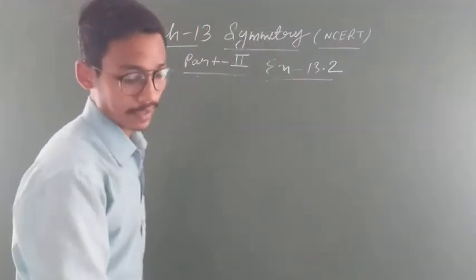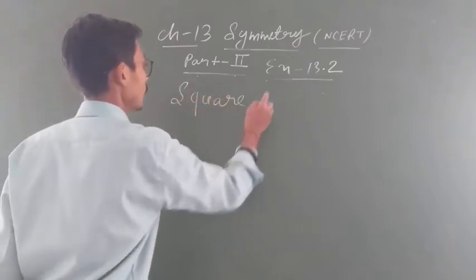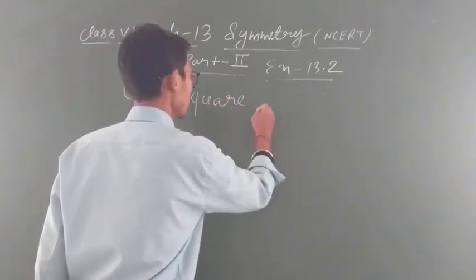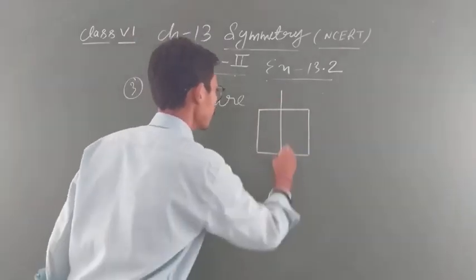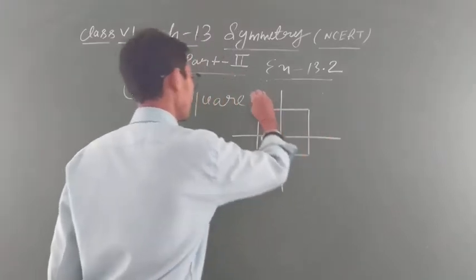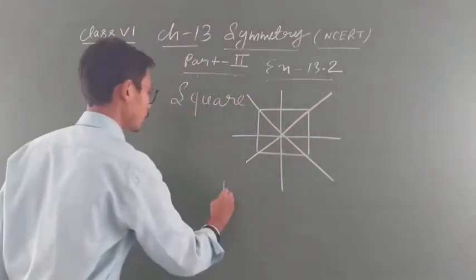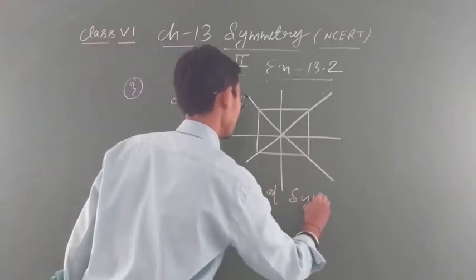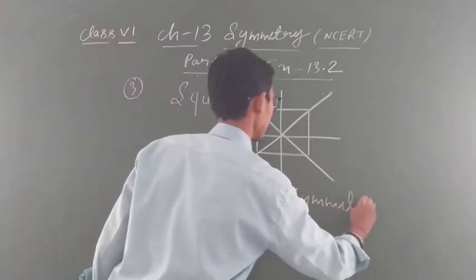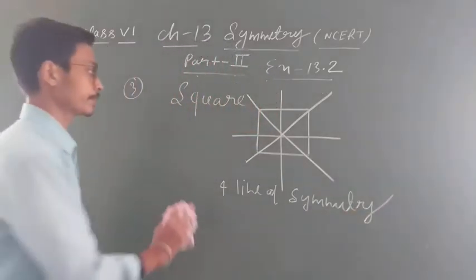What is given? जैसे square is given. So you know that in a square all 4 sides are equal, and how many lines of symmetry, student? You know very well. Okay, 4 lines of symmetry in a square. We will write down 4 lines of symmetry. Clear everyone? So in a square, 4 lines of symmetry.